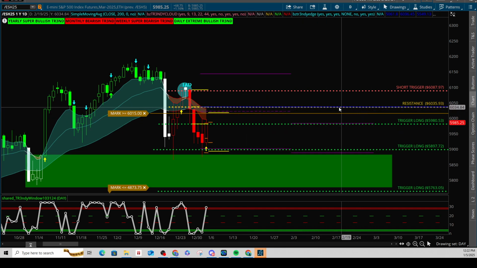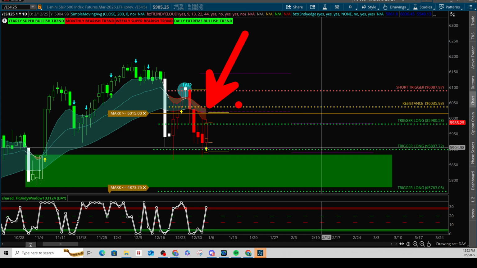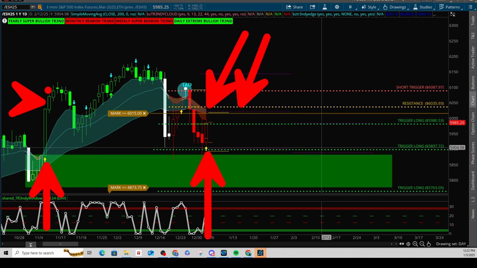Our resistance level is here going into this week. And a couple notes that I want to make is that the top of the cloud and the trendy edge, which is underneath this yellow dotted line, are confluent. That means they are resistance until proven otherwise. Also note that we have a trendy turn signal. There's compression here. You guys can see what we're looking for is continuation to the upside.